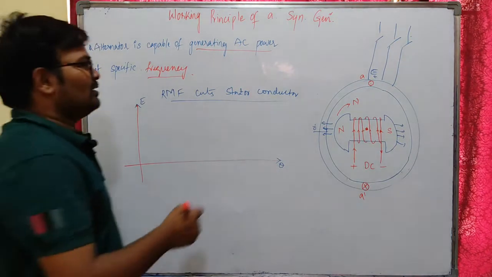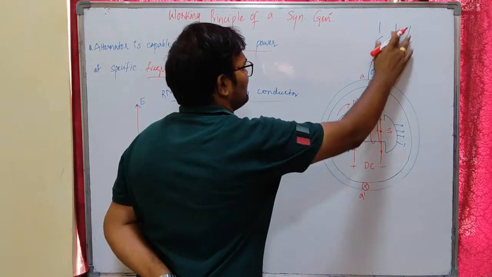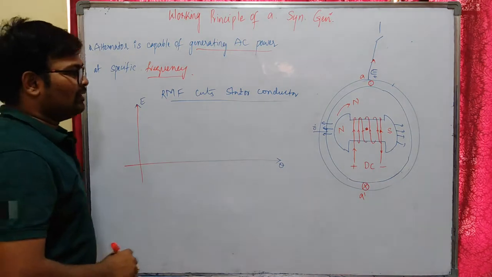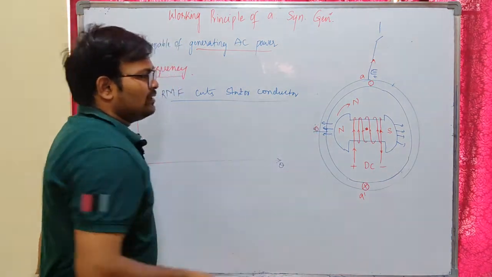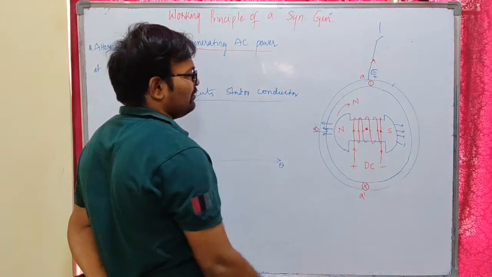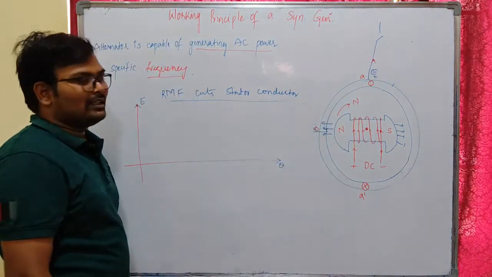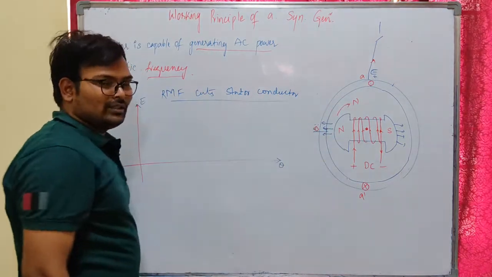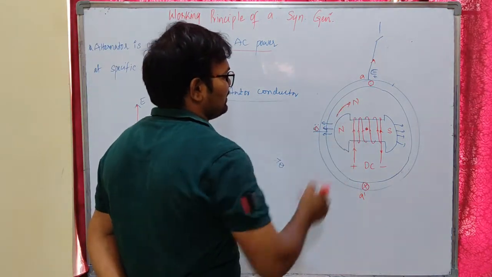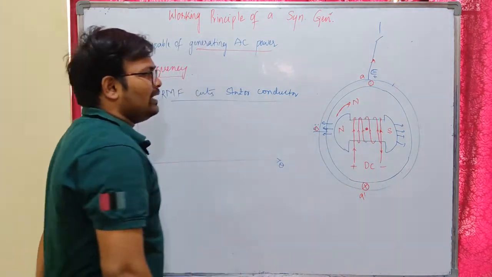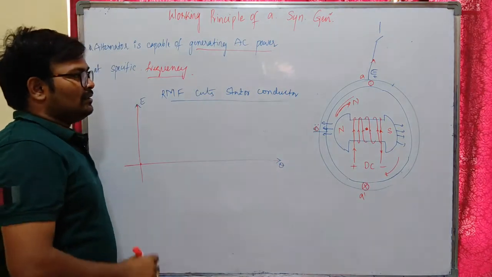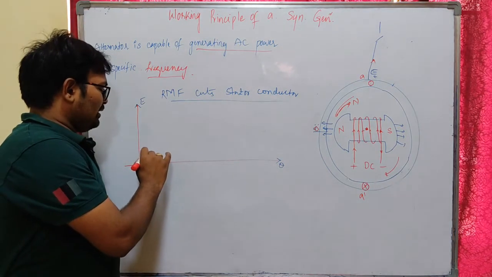So far we have obtained some EMF in the stator. Okay, let us consider it for a single example. Let us consider a single phase. For A and A dash phase, what is the EMF? At 0 degrees, let us consider this as 0 degrees, there is no flux linkage to the stator conductor with respect to our rotor magnetic field. Okay, there is no flux linkage between these two. That means the EMF produced will be 0. As our rotor is rotating in this direction, as it is approaching our coil A and A dash, the direction will be like this, and slowly our EMF will start inducing in the conductor A dash.